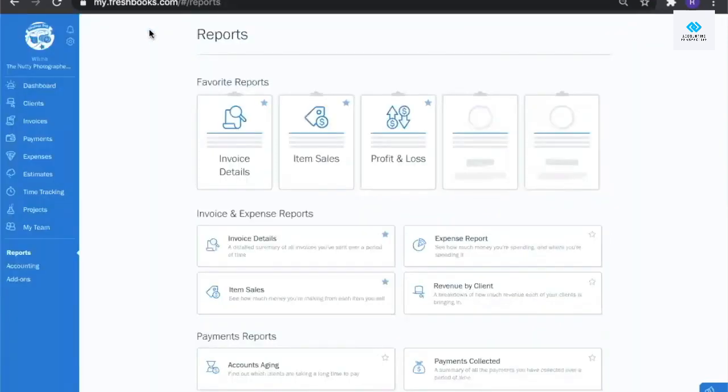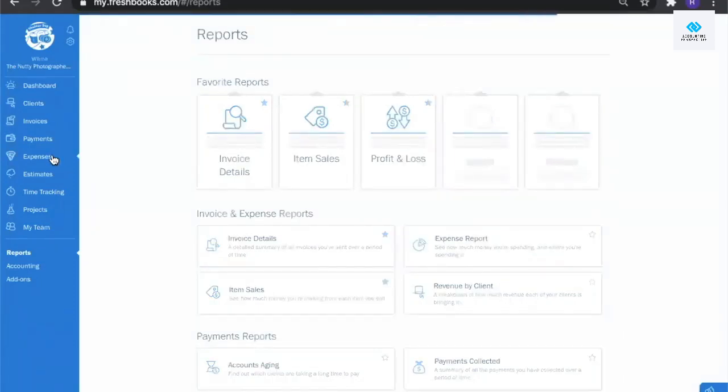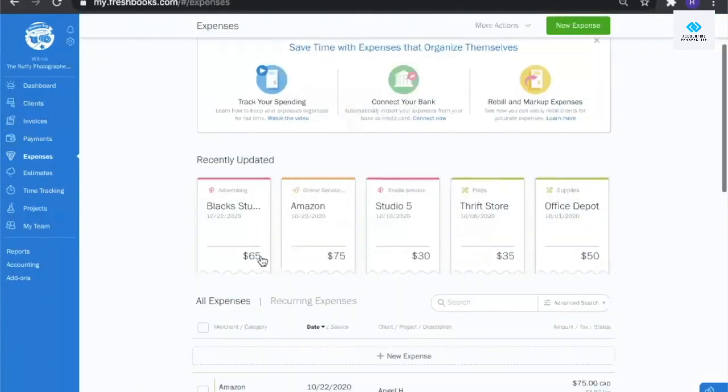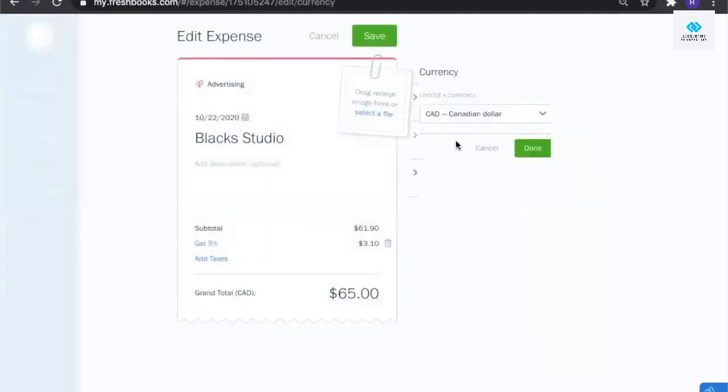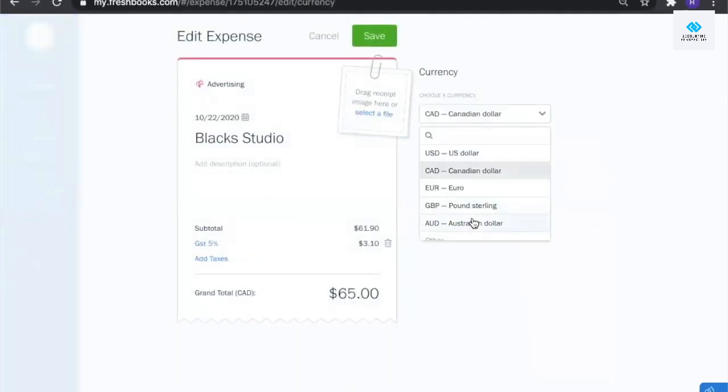So lastly, we're going to go ahead and look at how to keep track of multi-currency expenses in FreshBooks. In the Expenses section, we're going to look at an existing expense and how you can easily change the currency of that expense. So currently, this expense is set up for Canadian dollars. We're going to go to Edit and go to Currency, and we can easily choose from the list which currency